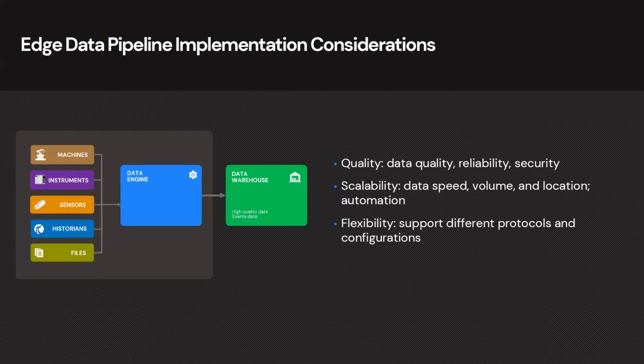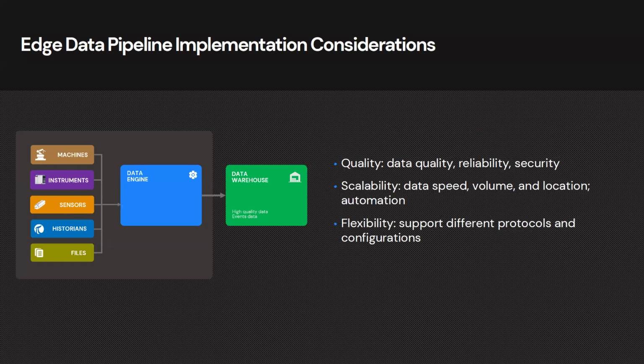So to summarize, a good edge data pipeline has three characteristics. The first one is high quality data, reliability, and security. The second one is scalability. You want it to be able to scale to high speed data, high volume data across many, many locations automatically. Otherwise, the edge data pipeline would not work at scale. The third